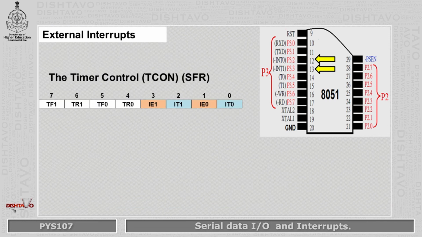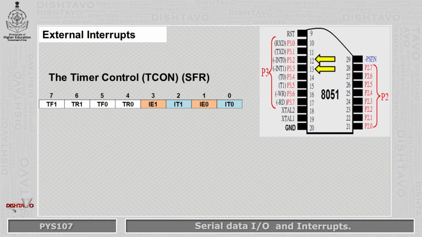For example, if every 1 second timer 0 overflows, this will set flag TF0 to 1 and the interrupt handler will direct it to serve the routine to give a beep sound. Thus, a beep will be generated every 1 second while the microcontroller will be doing its normal processing.